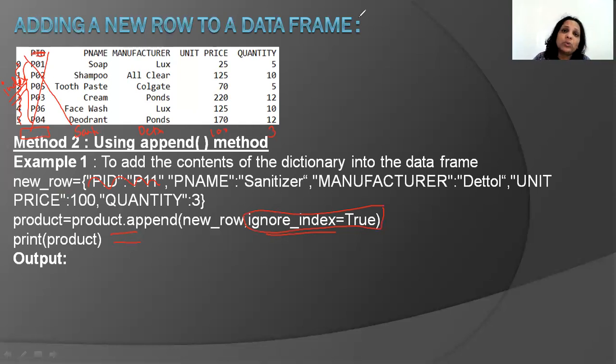Now, some might ask, but what if I wanted some kind of indexing? We know how we can add new indexes, using the index property. We could have added new indexes also. Or in the next video, you will learn how to rename indexes. So you could even rename the indexes. Okay, so I hope adding of a new column and adding of a new row is clear.